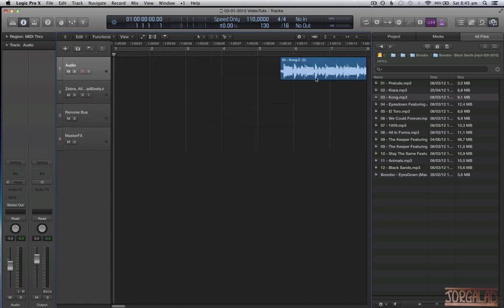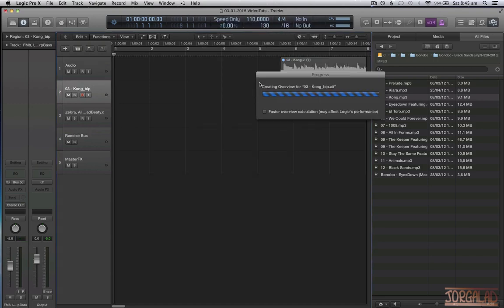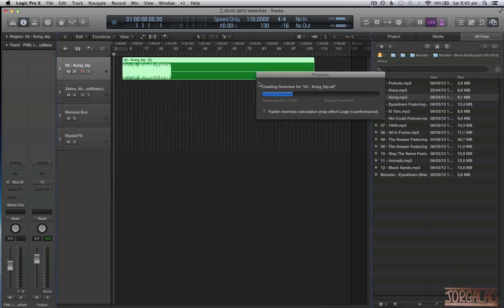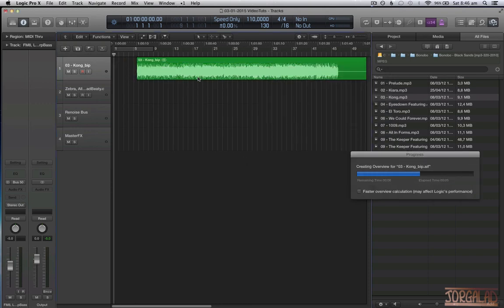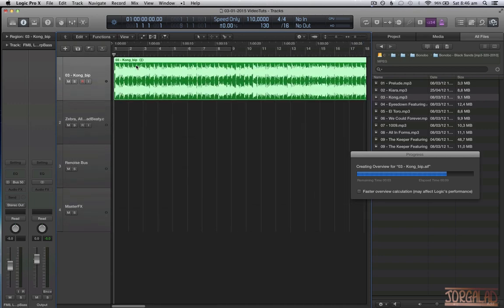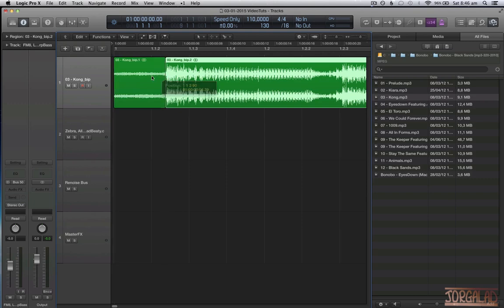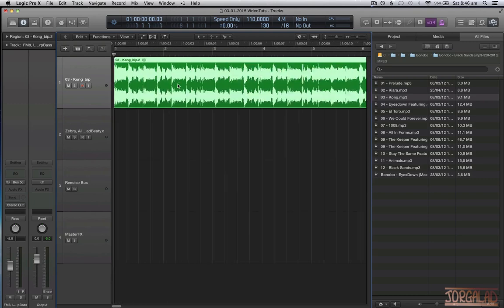The first is I can bounce this file again, because I don't want to change the original file. Now I make a copy of the audio file, so when I do some editing, it doesn't matter, because my original song is still in my music folder and this one is in my Logic folder, so I can destroy this file. Then I can cut it up and make it a nice loop. I can first find the tempo, the BPM,